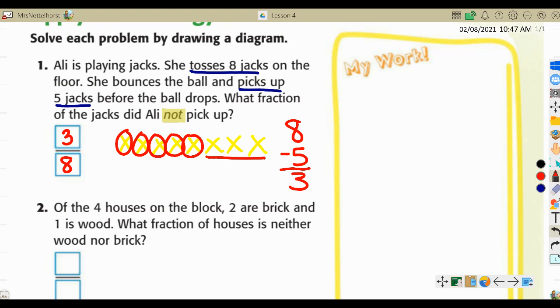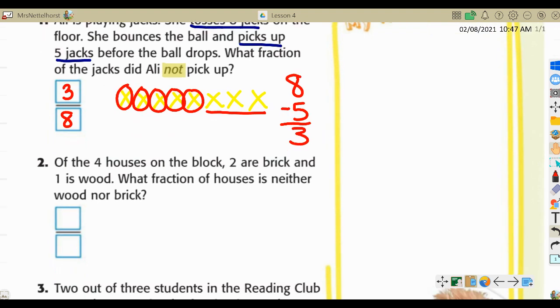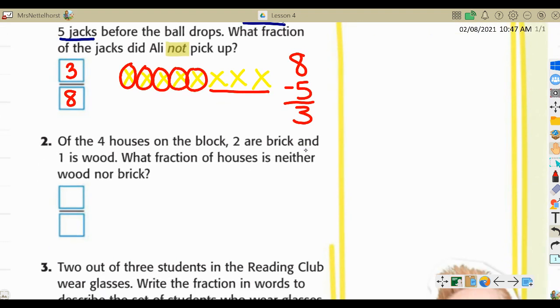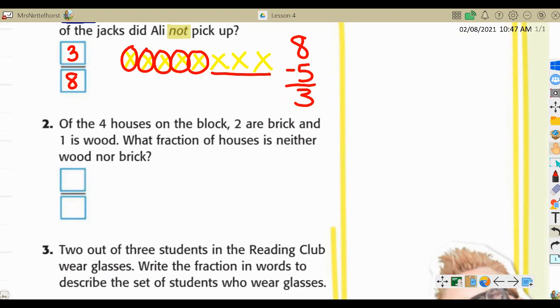Okay, so let's scroll down to number 2. Of the houses on the block, 2 are brick and 1 is wood. What fraction of the houses is neither wood nor brick? So what do I know? I know that there are 4 houses. I know 2 are brick and 1 is wood. Then I need to know